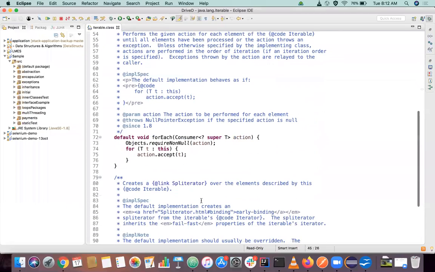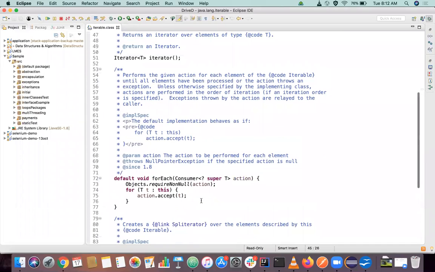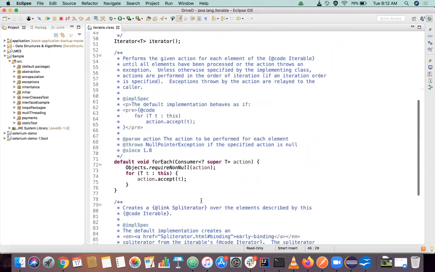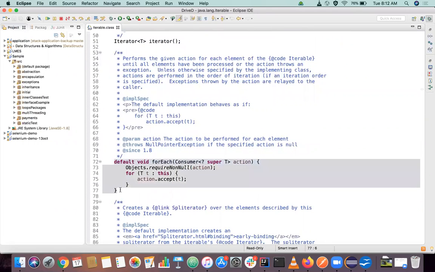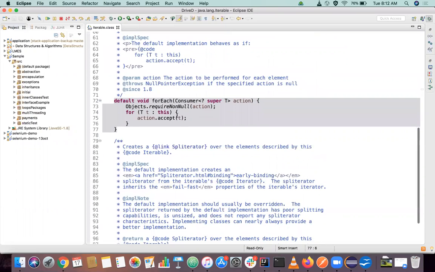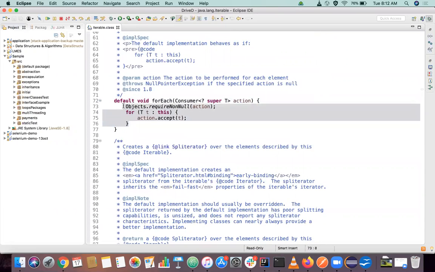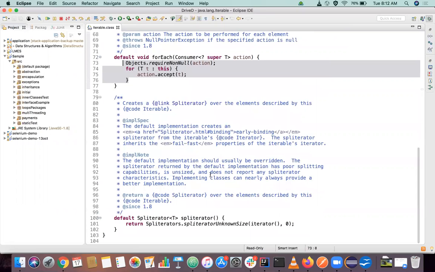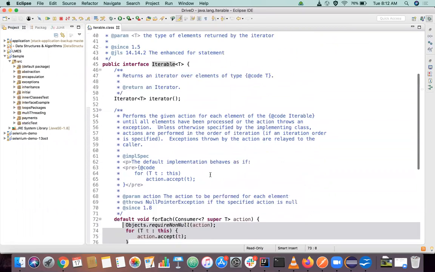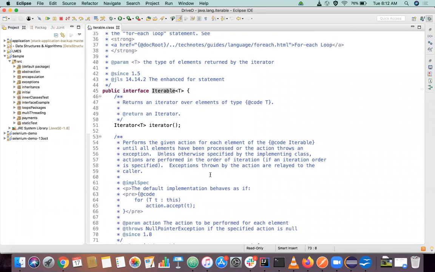So this is the master interface, Iterable. As I said, Iterable contains some methods which are used for iterating over an element. We have this default method, so we are iterating over each and every element using a for loop. And we have this